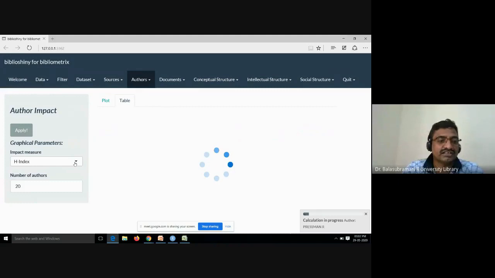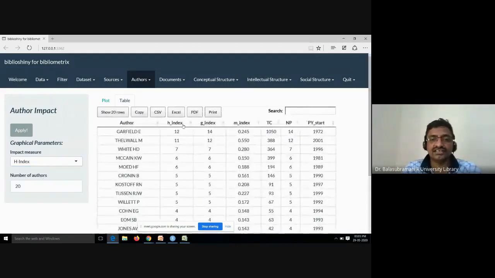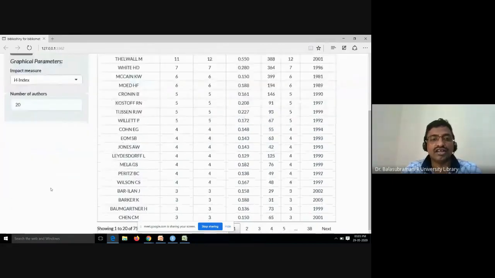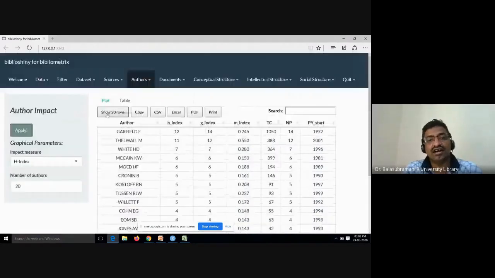Then you can see the H index, G index, M index. That also you can make easily. If you need only the H index, you can click apply. You can see the H index, G index, M index, every result. This shows the top 20 authors. If you want all the authors, you can click show all and that result will come.